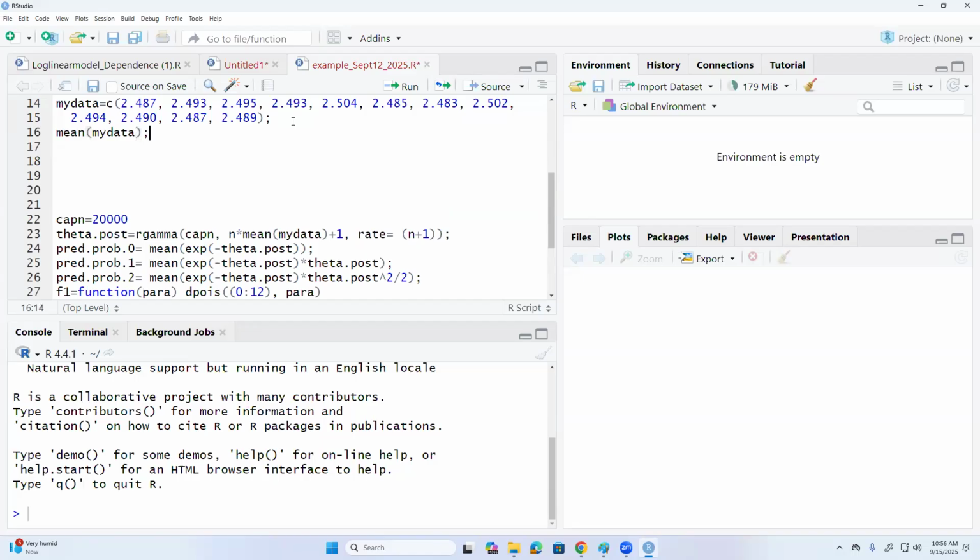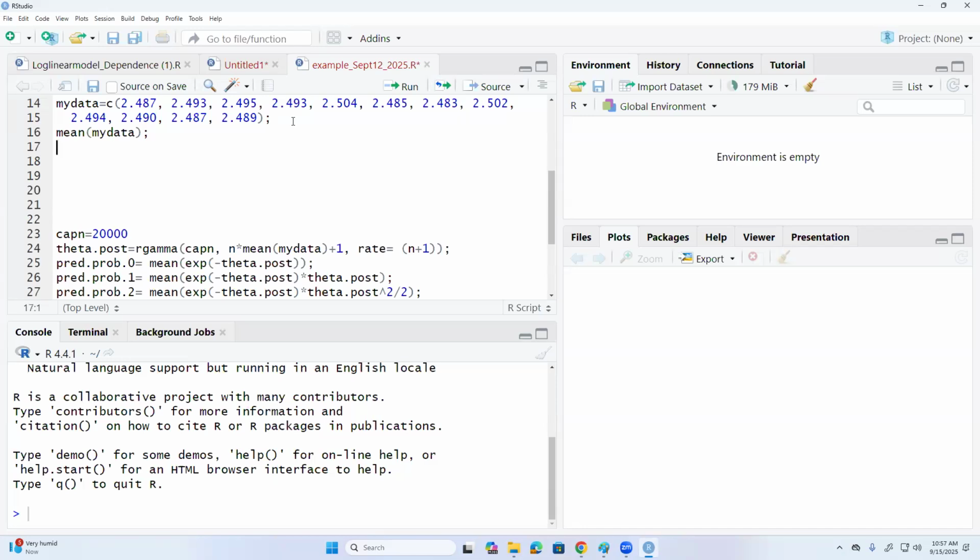And if I am interested, then I can calculate a 95% confidence interval of the mean based on the classical method. The classical method is the mean plus minus 1.96 times the standard deviation of my data,